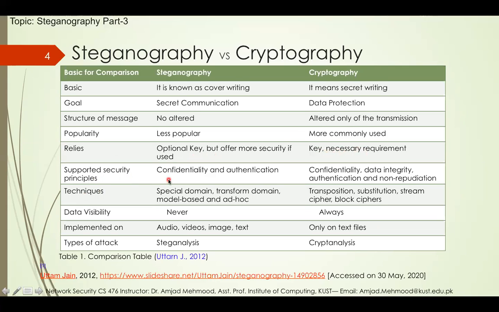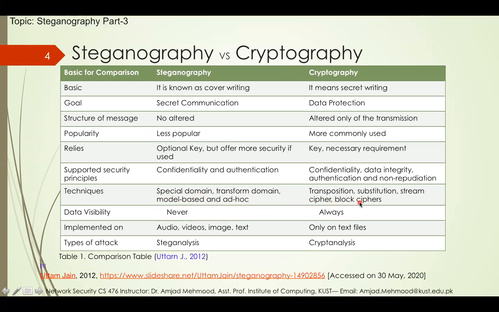Supporting principles, so steganography supports confidentiality and authentication, where cryptography supports confidentiality, data integrity, authentication, and non-repudiation. Techniques, so spatial domain, transform domain, and model based and ad hoc, where cryptography works on transposition, substitution, stream cipher,